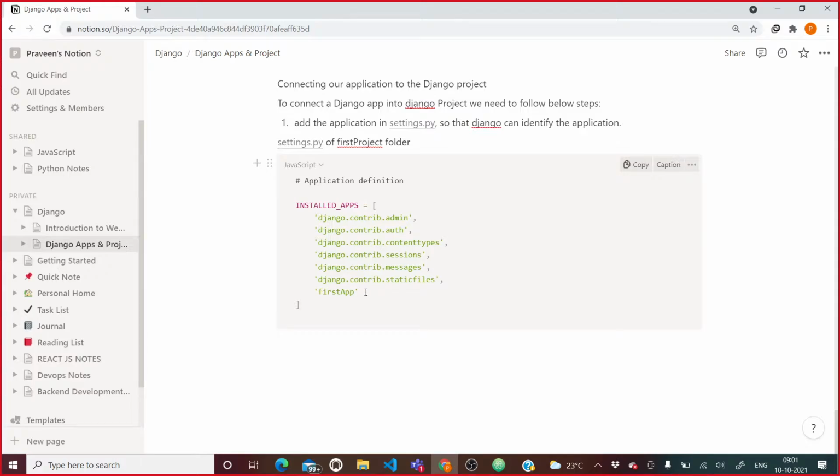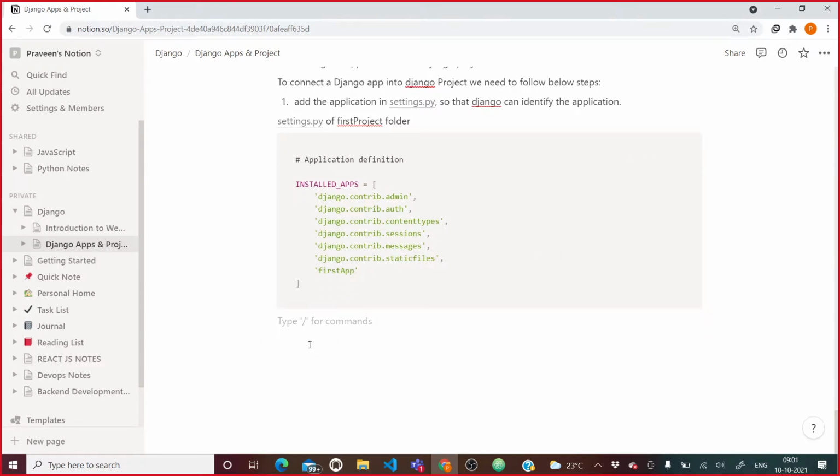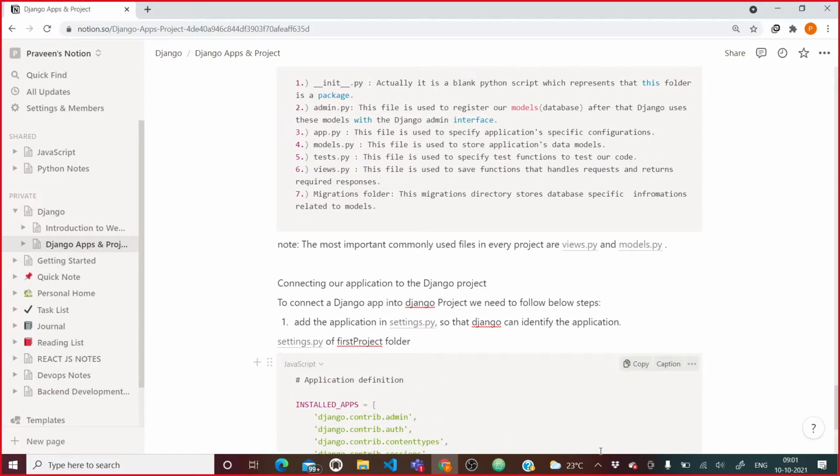Here we need to specify it. Leave it, you can understand it. After that, step 2. This was the only thing you need to connect. For connecting you just need to do this one thing.